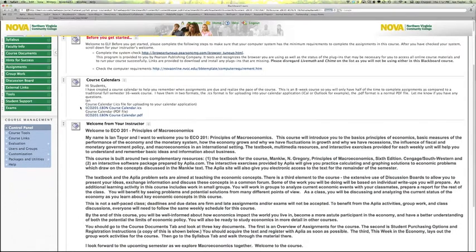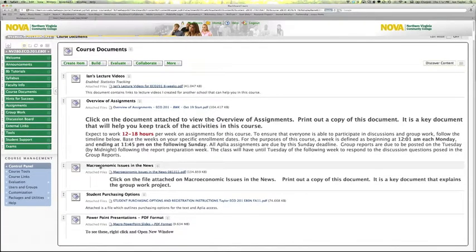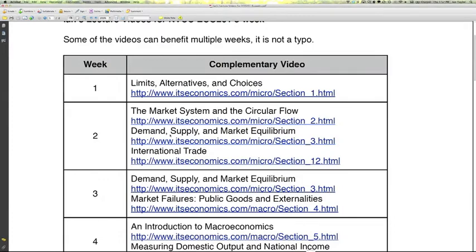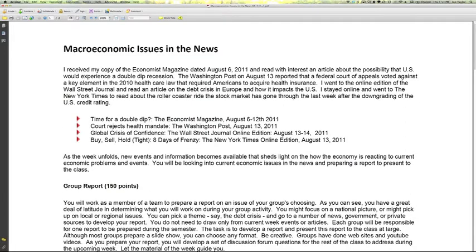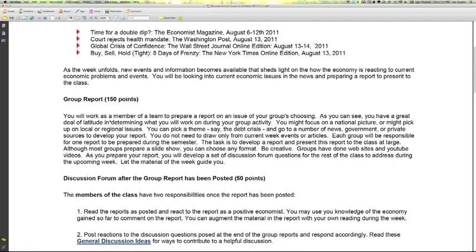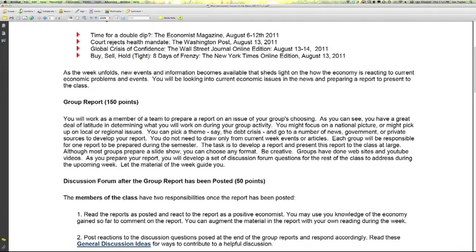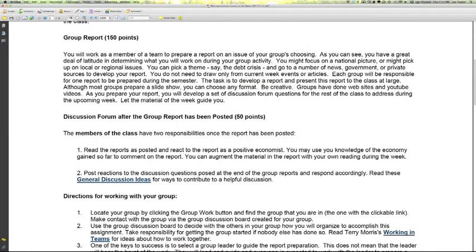Next here, we're going to go back to the course documents, and then you'll see this macroeconomic issues in the news. This is the document that you'll want to look at for your group report. So further down in the course, you're going to do a group report with your classmates. Here, it'll tell you in detail what I expect of you for the group report, and then it'll also go into detail about the discussion forum and the discussion board posts you'll have to make after the group reports have